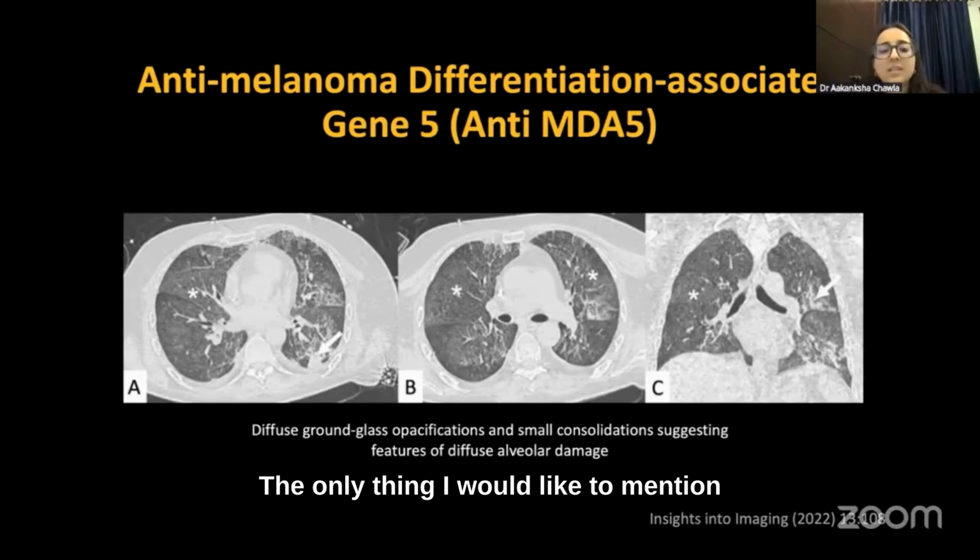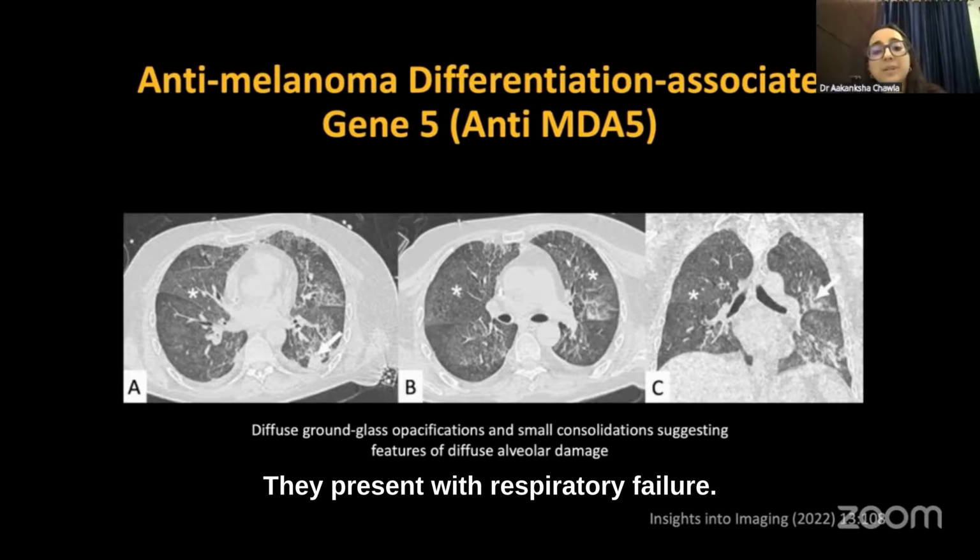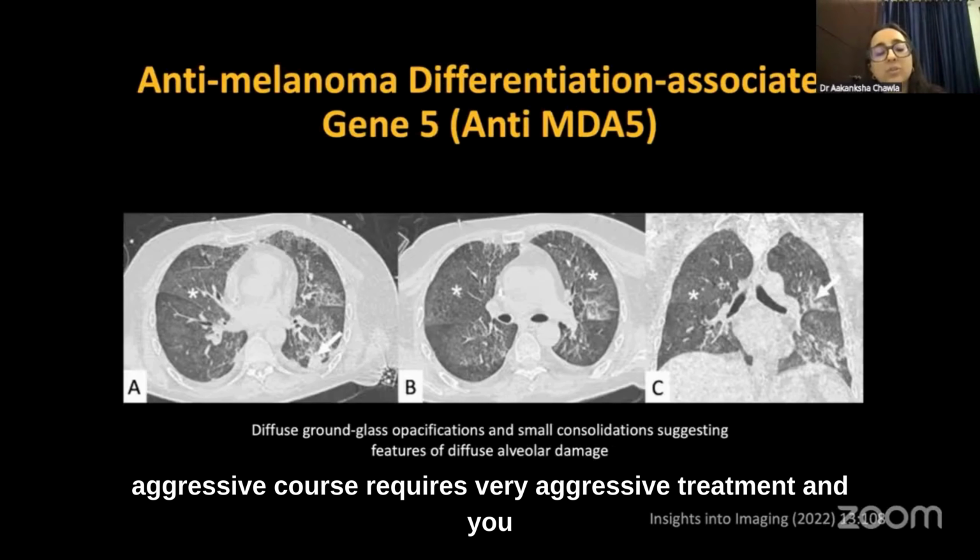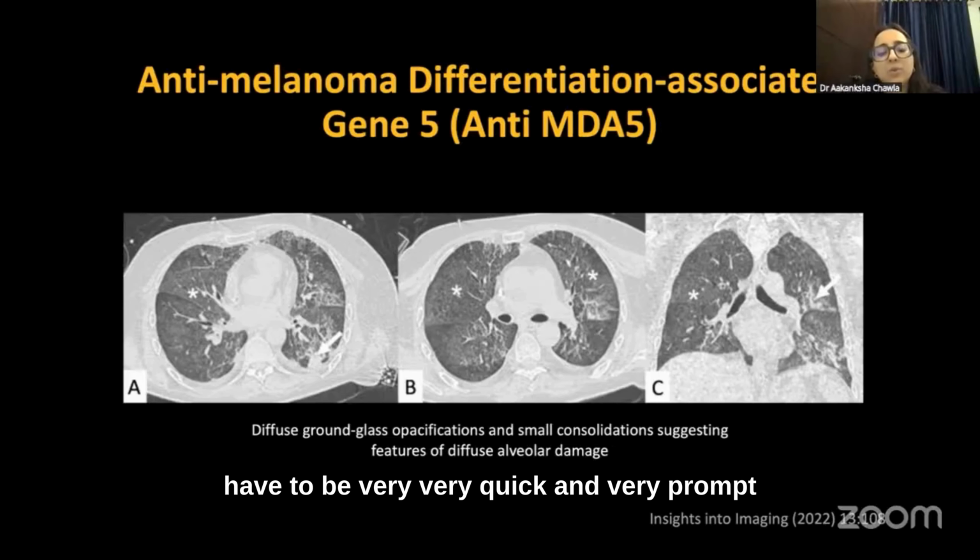Deepak Talwar sir. The only thing I would like to mention over here is that these patients who have anti-MDA5 antibody positive have a very aggressive course. They present with respiratory failure. You have to treat them very aggressively to begin with, and we've recently seen a case where they change over days, over hours also. Sometimes a very aggressive course requires very aggressive treatment, and you have to be very quick and very prompt in the